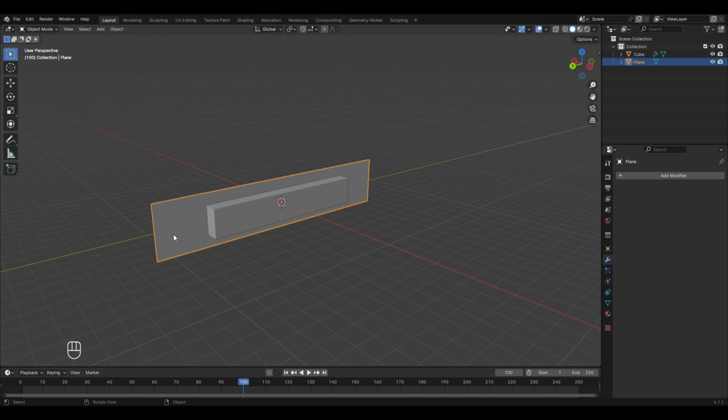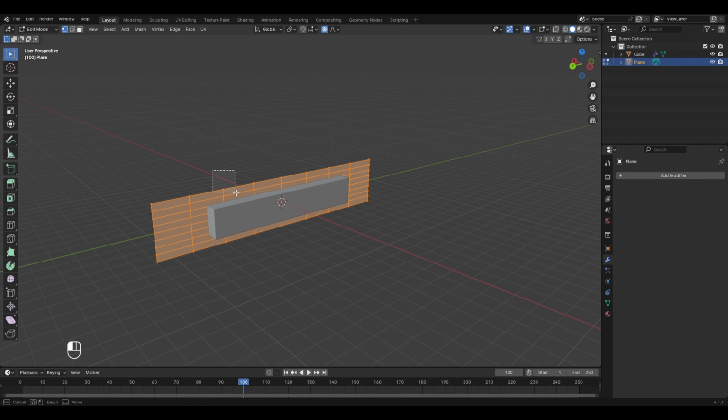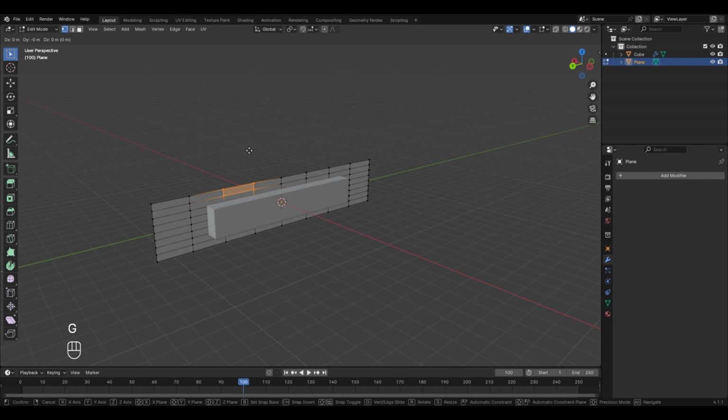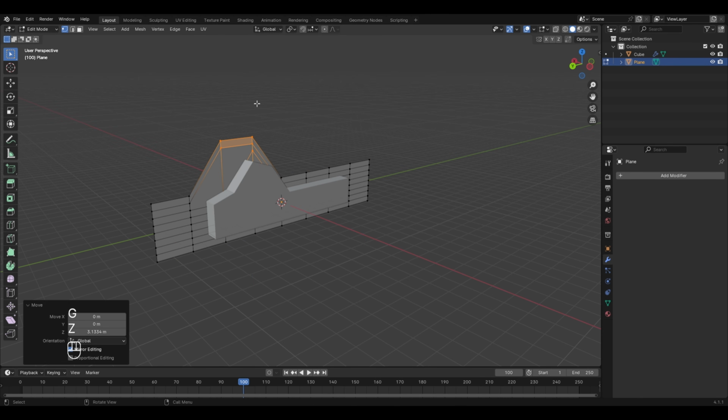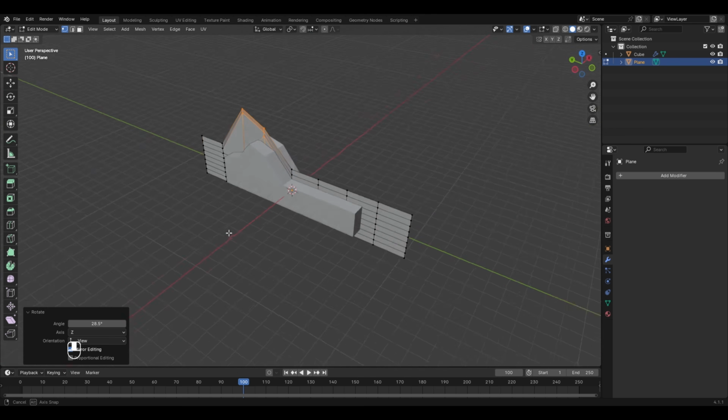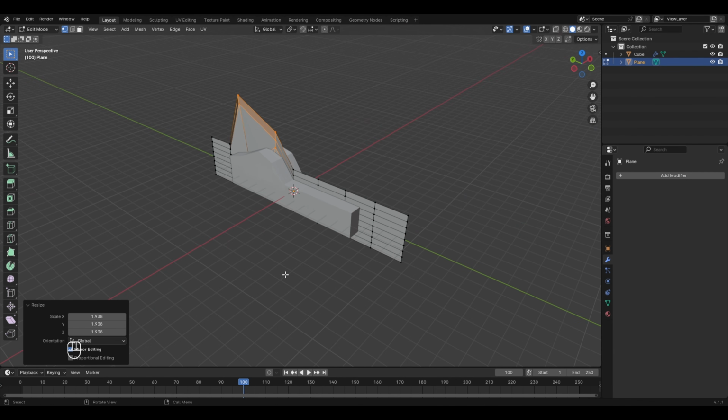Now if I select this plane and tab into the edit mode, and now if I randomly select some vertices and try to transform them, like moving them in an upward direction like this, then we notice that our cube is also getting transformed in the same way. Also if I try to rotate it, then this cube will also show the same transformations. Similarly, if I scale it up, then also this cube is deforming, and that's the use of the surface deform